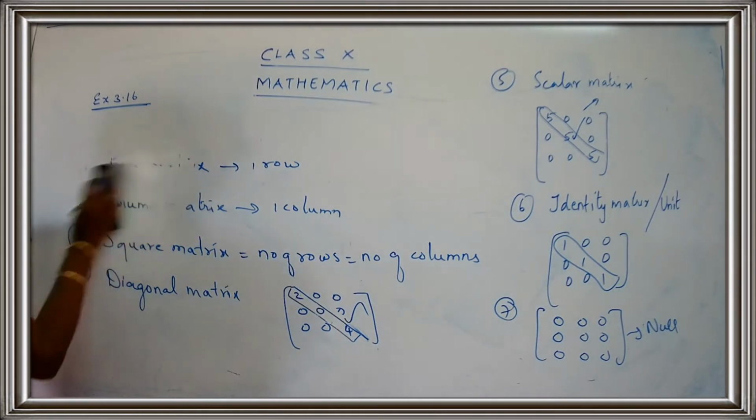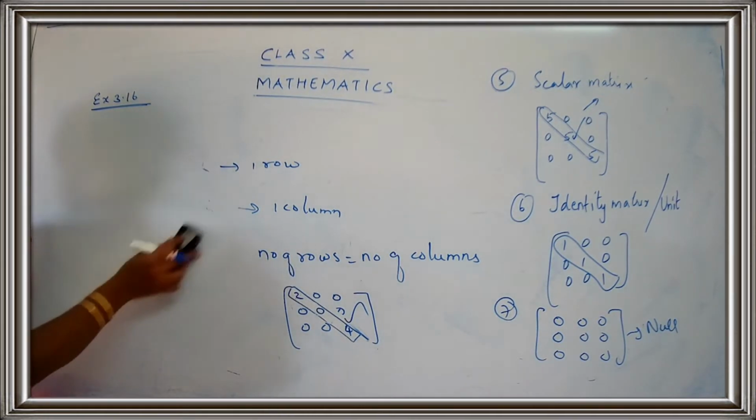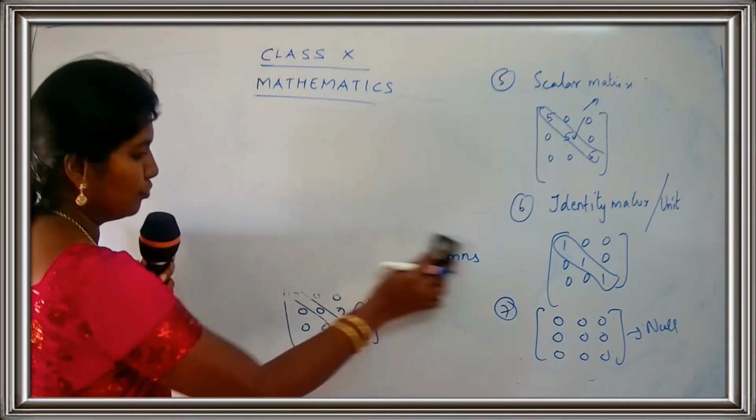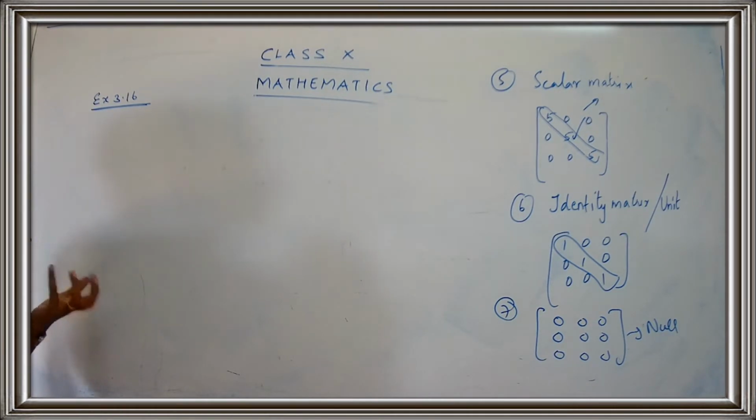So these are the definitions. You have to be thorough with children. You may be asked for the definitions for 2 marks. So be careful. And whenever you are asked for a definition, try to give one example, like you can give any one matrix, so that you will get full marks over there.